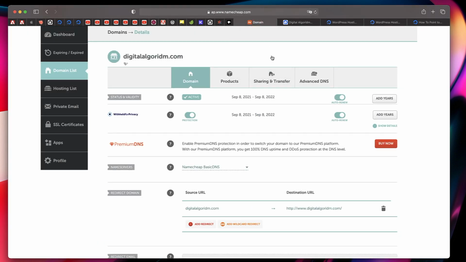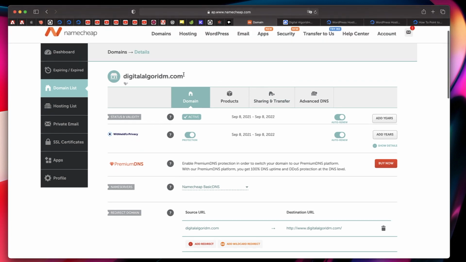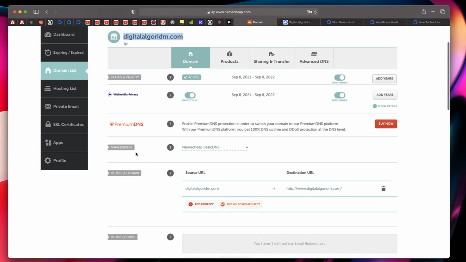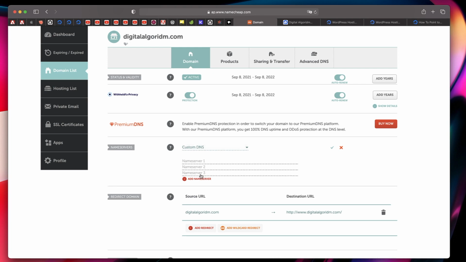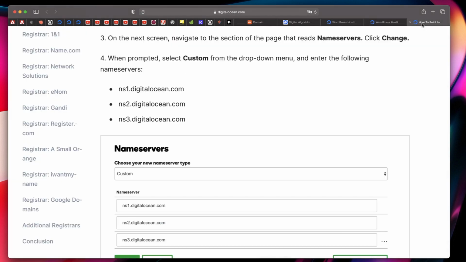Now back to our domain. I asked you to keep this tab open, right? So once you click on Manage Domain, right, you can go to your domain list, and on your domain you can click on Manage, and you'll have this interface. Now under Nameservers, you need to change these nameservers from Namecheap Basic DNS to Custom DNS. Now it will ask you to put nameservers. Click on Add Nameserver. Basically we need to paste 3 things, and those 3 things are these, which is